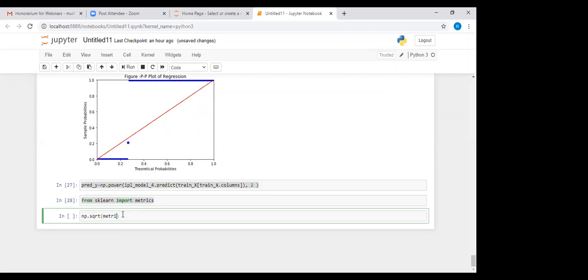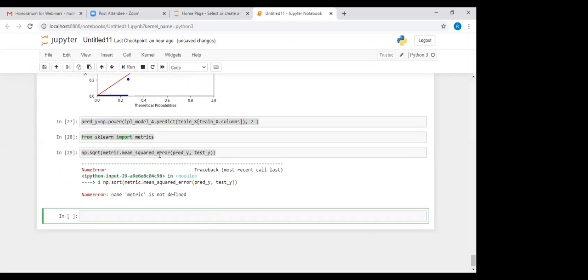What is the metric? metrics.mean_squared_error for predicted y and test y. This is how the root mean square error is computed.